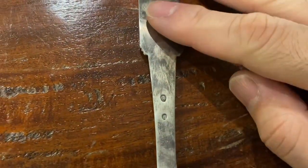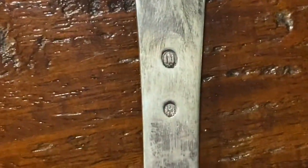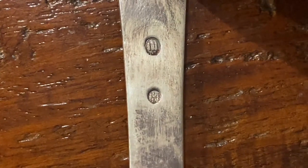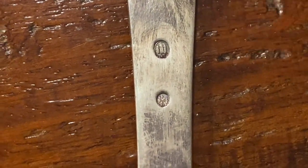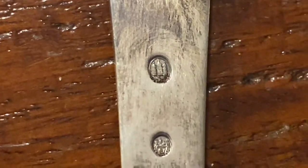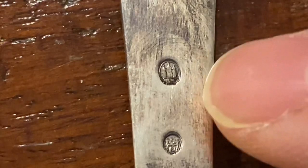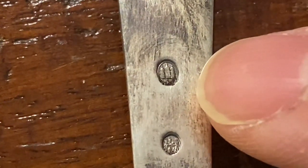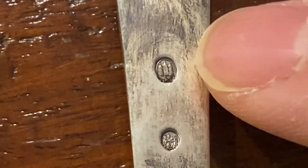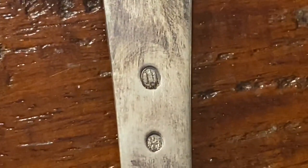Number one, I thought the toning totally screams out sterling. And actually, I think it is sterling, 925. Well, anyways, remember what I taught you many moons ago. Whenever you see a hallmark with 3 towers, and usually there's a year underneath, so that's 55, 1955. 3 towers from Denmark means sterling silver,